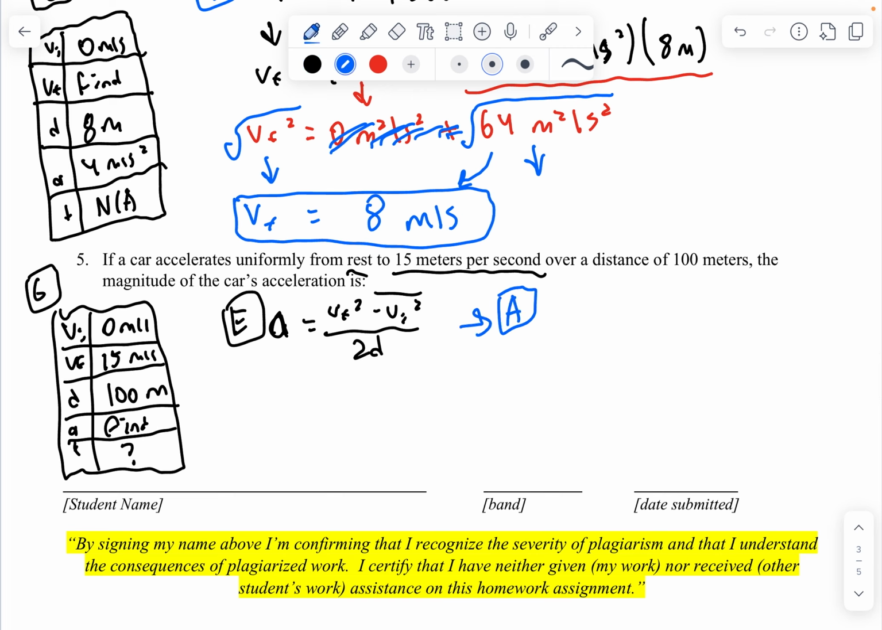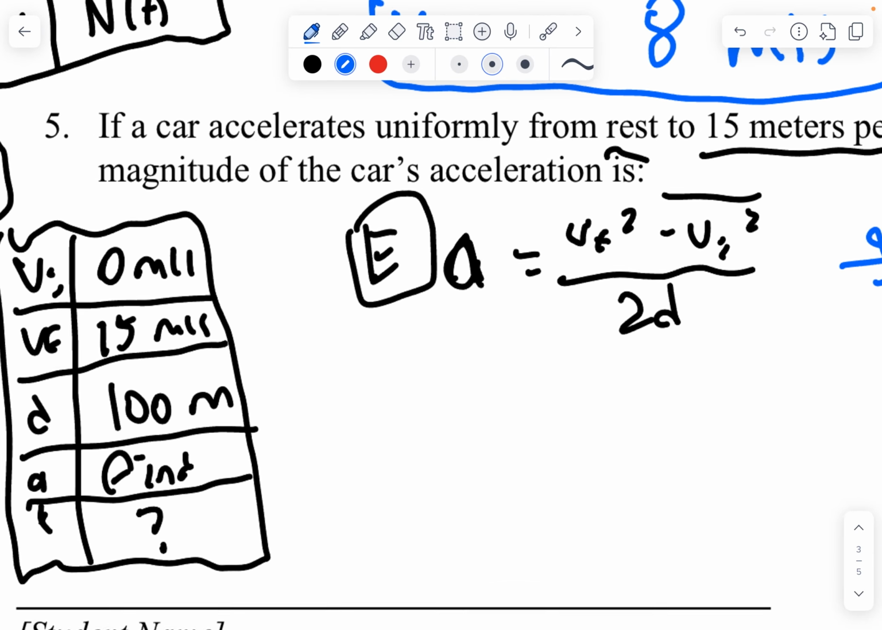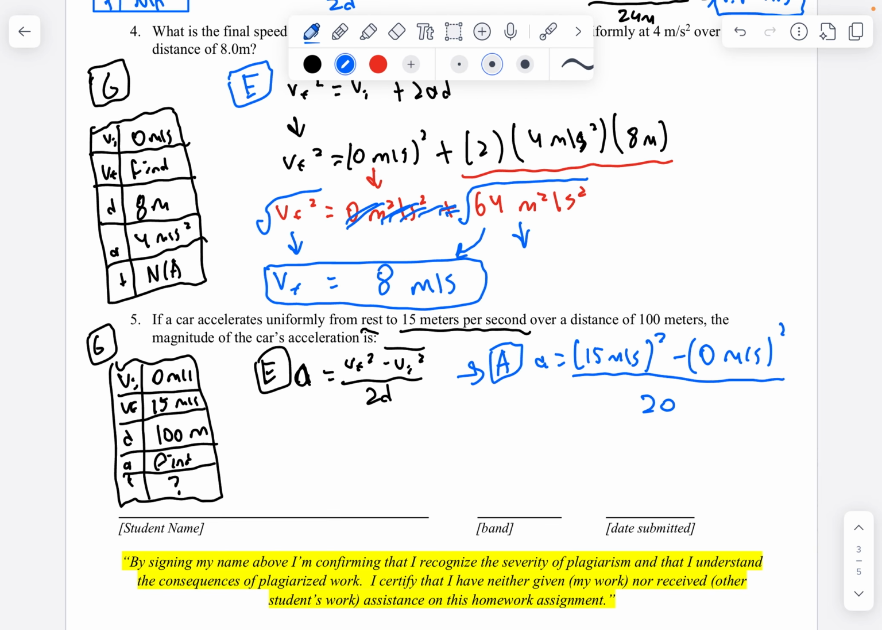Let's plug in the values. Acceleration equals, what's the final velocity? 15 meters per second minus 0 meters per second, squared, divided by 2d. What's d? D is 100 meters, so 2d would be 200 meters. All right, let's just simplify. So what's 15 squared? 15 squared is 225. And so that becomes acceleration equals